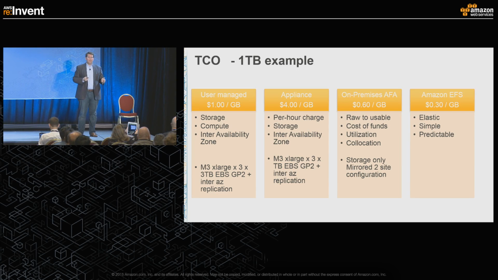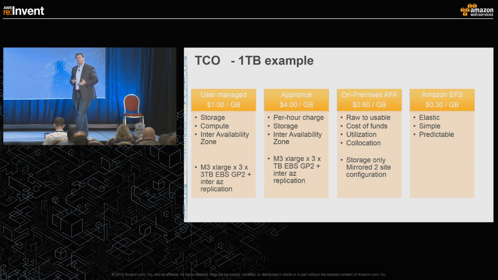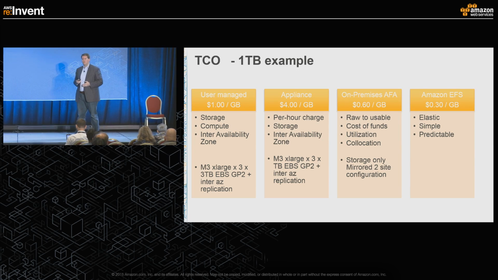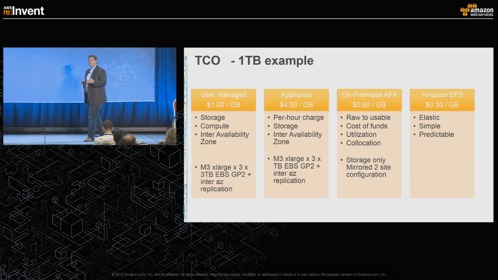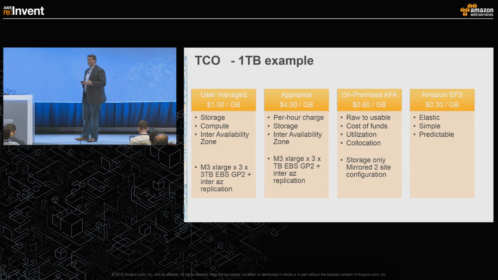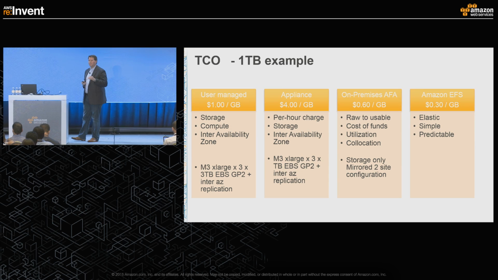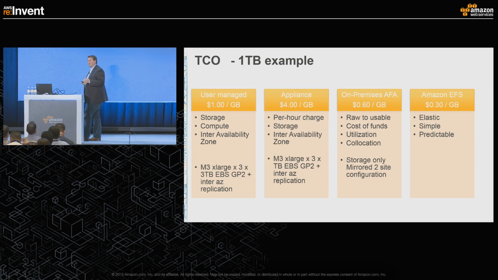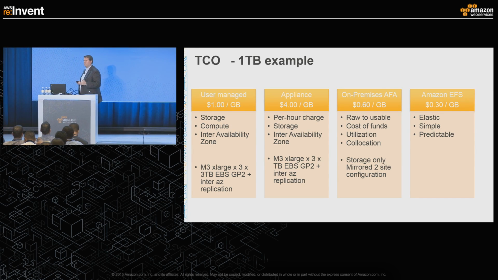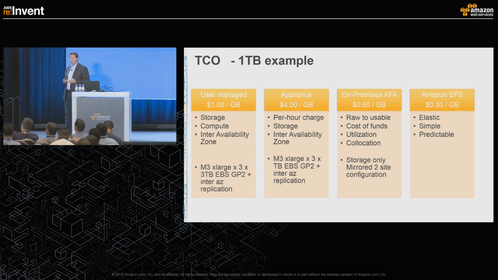You can deliver and deploy a file system capability inside of EFS, inside of Amazon Web Services today, and you can do it at scale. It takes a couple different moving pieces in order to do that. It takes a compute instance in an individual availability zone. It takes a collection of storage resources at that AZ. It takes a file system that rides on top of it. And if you have any type of enterprise-grade availability or durability requirement, you've then replicated that infrastructure into 2 or